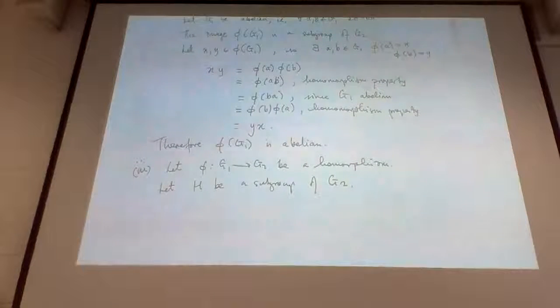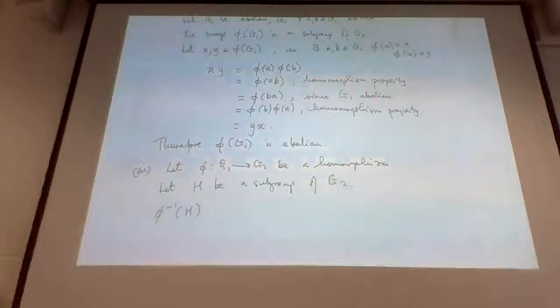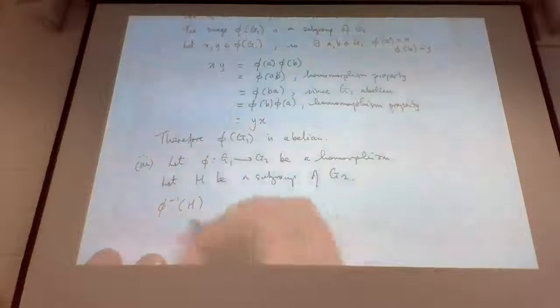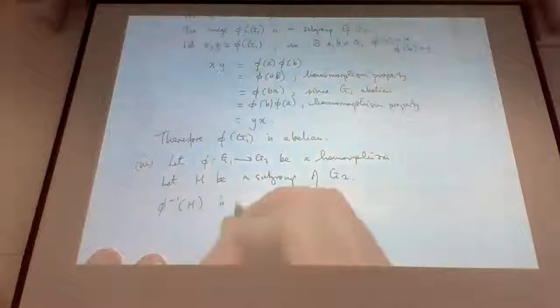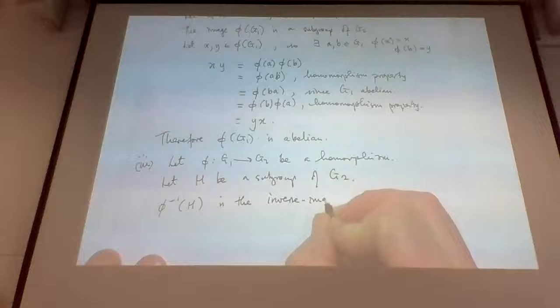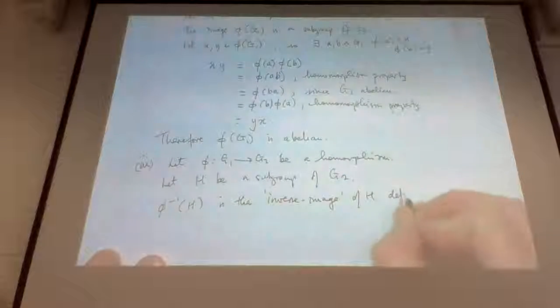Well, this question is about phi inverse of H, so I would start by just putting down the definition of phi inverse of H, both to help me in answering it and to demonstrate to the person reading it that you know what you're talking about. Phi inverse of H is the inverse image of H defined by